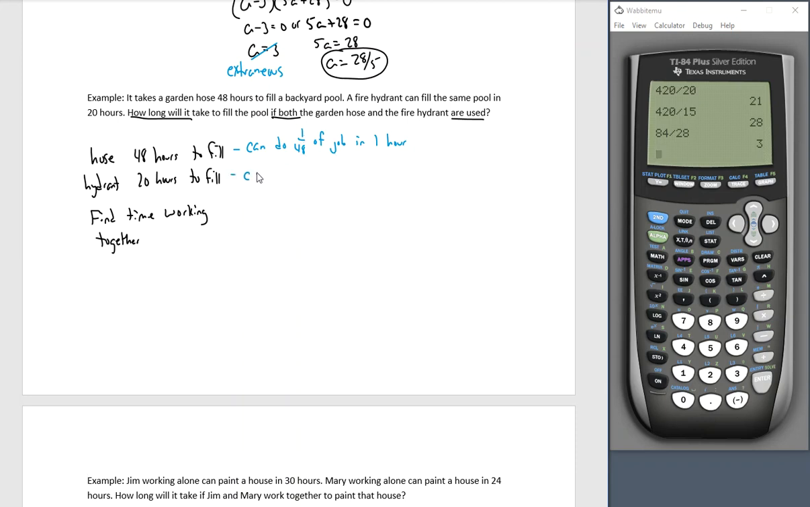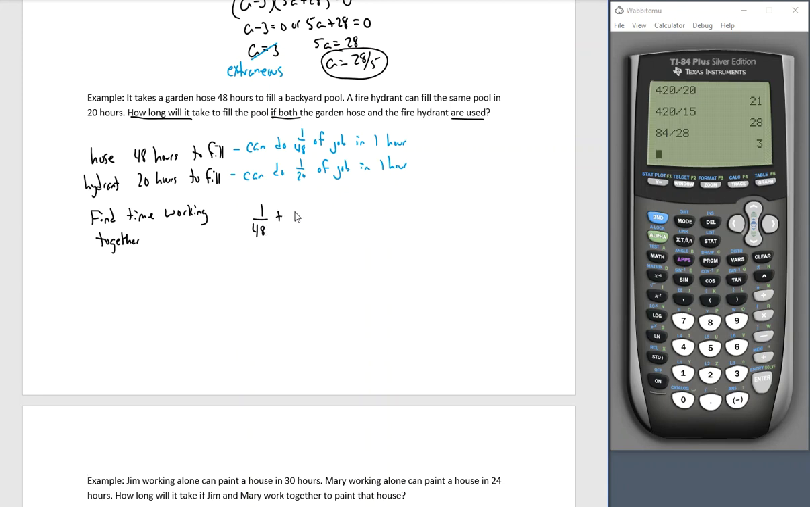The hydrant can do 1/20 of the job in 1 hour, right? It takes 20 hours to fill, so 1/20 of the pool is filled every hour. After 20 hours, it's finished. So we're going to work together. So working together,